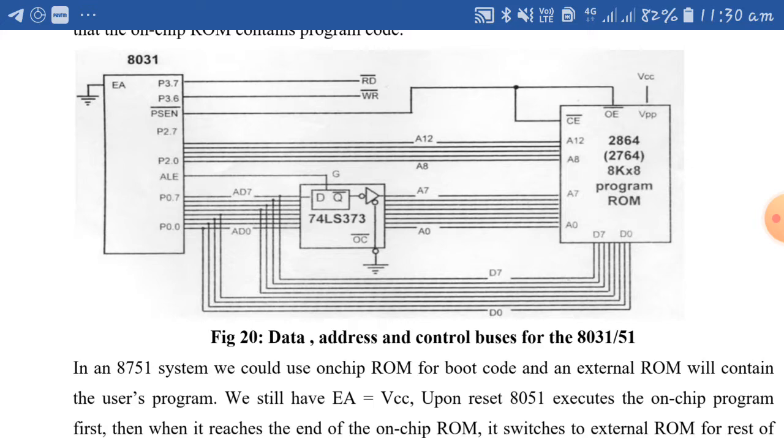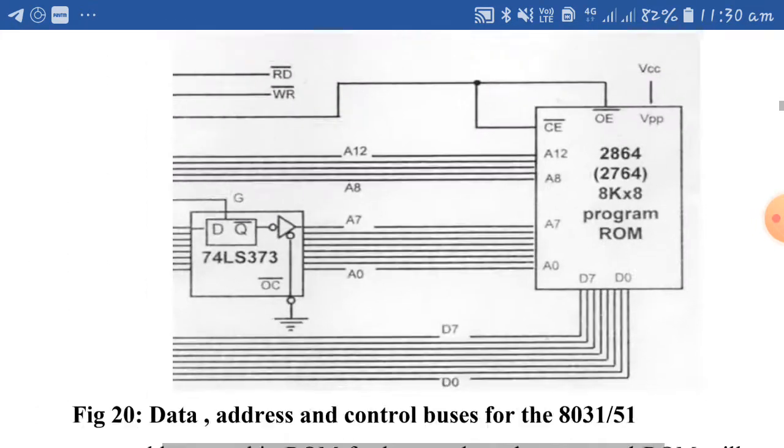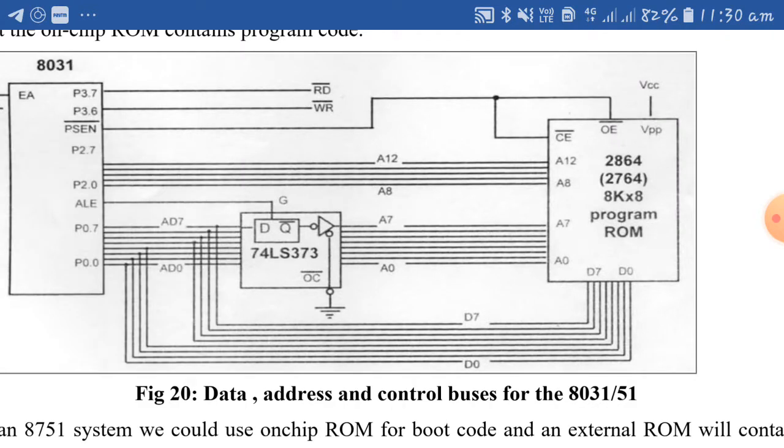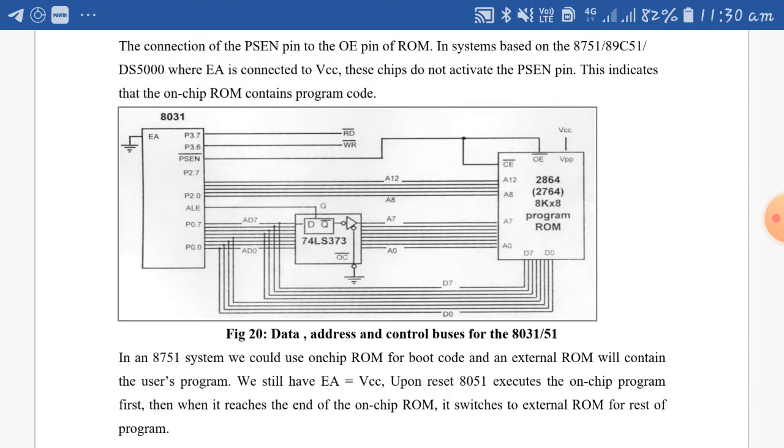For 13 address lines, you have to take the pins of port 0 as well as port 2, because port 0 only provides 8 pins, that is A0 to A7. The remaining 5 pins, A8 to A12, you get from port 2. Port 2 is not multiplexed, so you connect it directly to the address lines of your external memory. Port 0.0 to port 0.7 are multiplexed address lines. That's why you have to connect them through the latch, controlled by the ALE pin.